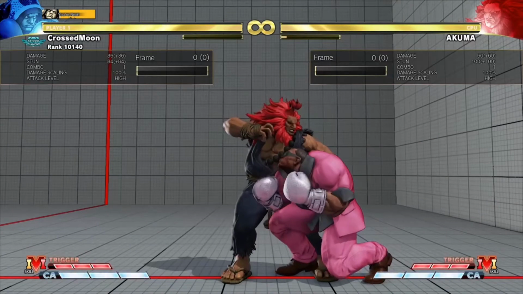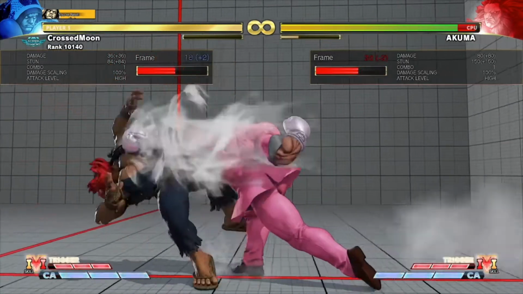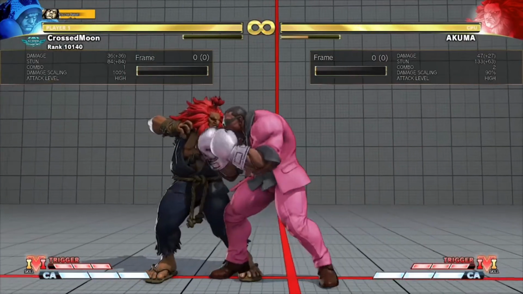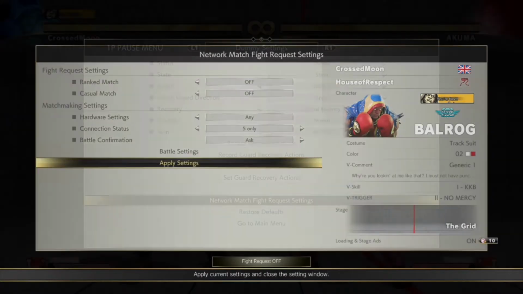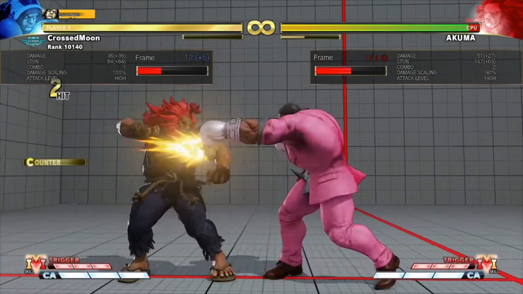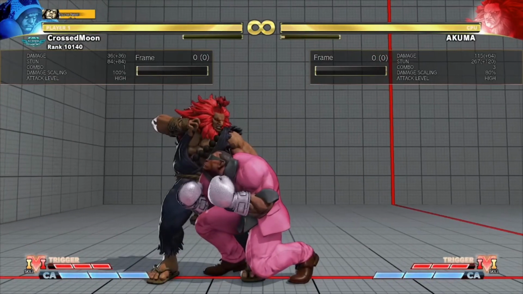What you can do is crouch light kick, stand light punch. Now we're going to say him back to doing that guard recovery action. I'm not going to go for confirms because that takes a long time. So this, easy. And if you're ready to catch a counter hit,